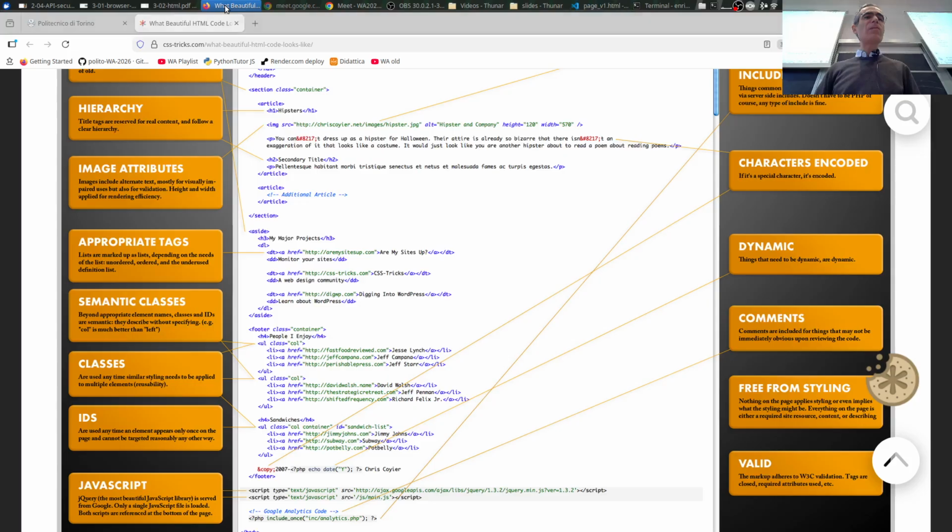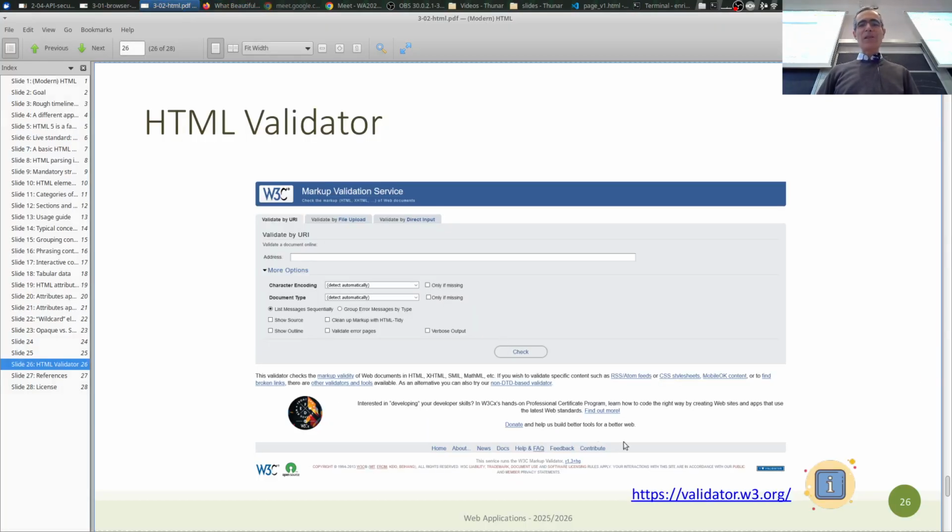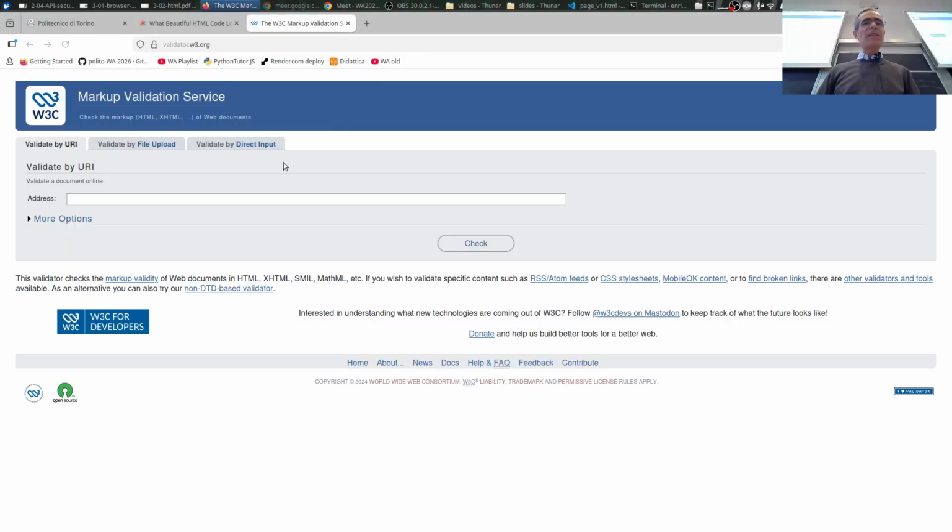Probably if you validate most of the websites around, the validator says something that could be improved, like